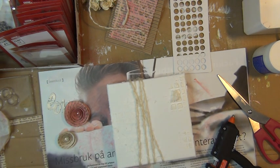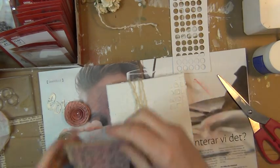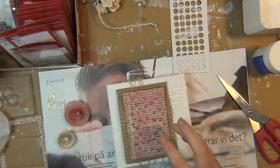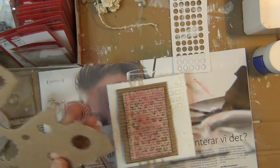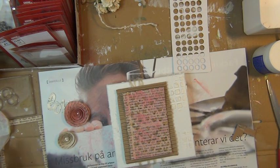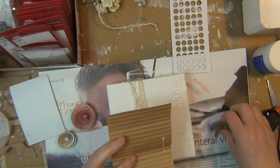So now I have threads all over the place. So I think I'll start by, I'm thinking that I might do a good enough job sloppily gluing this down. I'm thinking of using a little bit of corrugated cardboard leftovers. I do have something here. It doesn't have to be fancy, you see. I just want something to tuck underneath here, and I'm actually going to use the glue gun that I didn't switch off, fortunately. So I'm just going to put on a little bit of glue there,